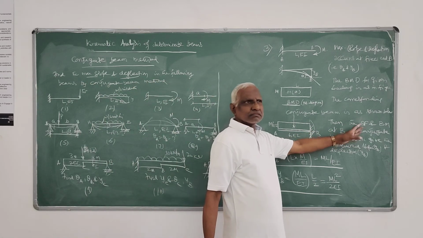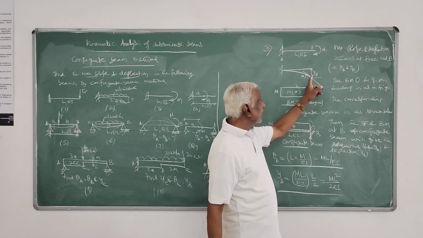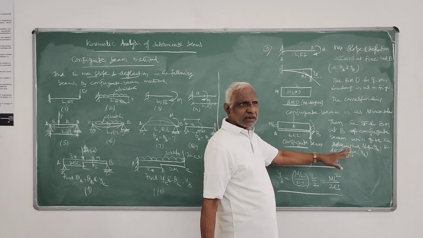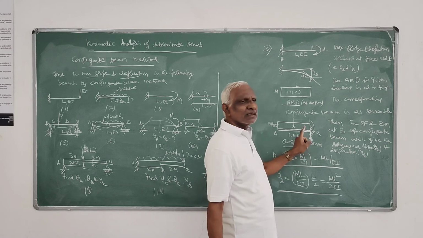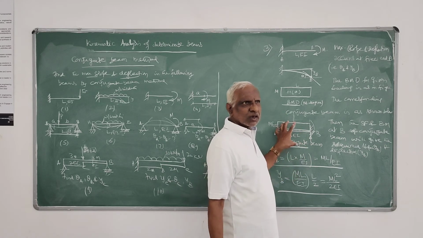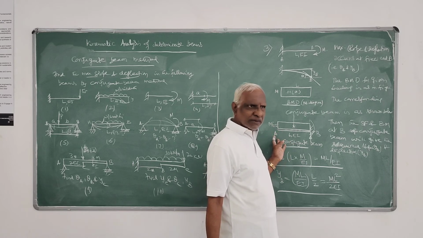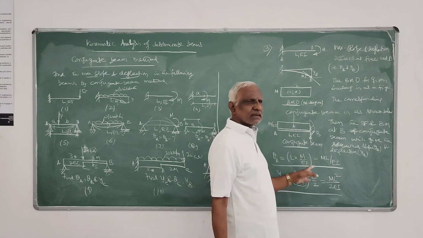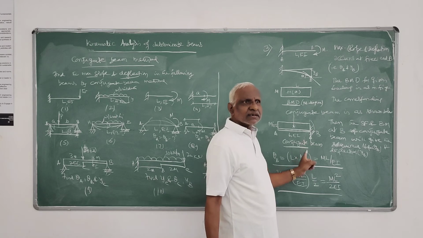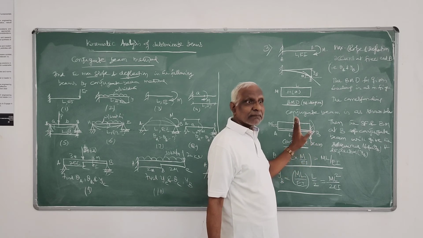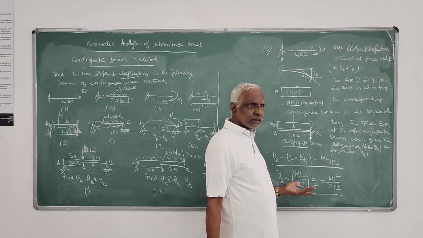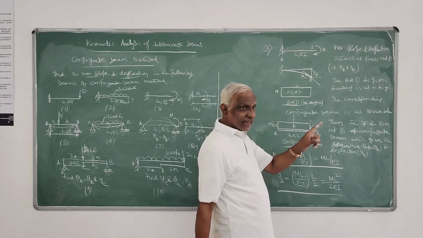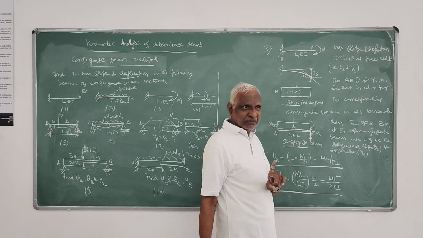The slope and deflection in the real beam at that point will be the shear force and bending moment in the conjugate beam. You are writing the conjugate beam. It's also a beam, an imaginary beam. In that imaginary beam, you are again finding shear force and bending moment at the point where you have to find. But here also, because of load application, it is acting in the downward direction. The direction you don't have to bother about, I told.